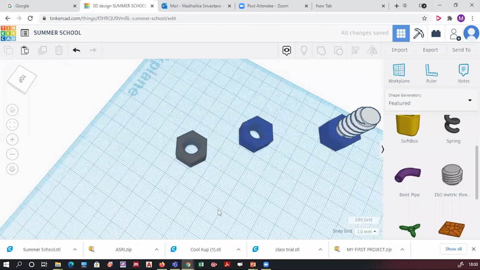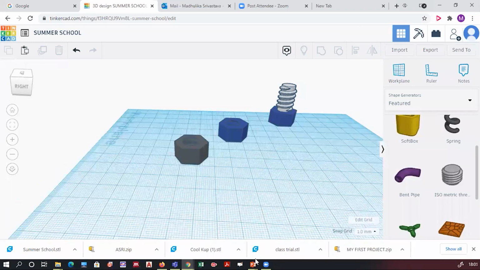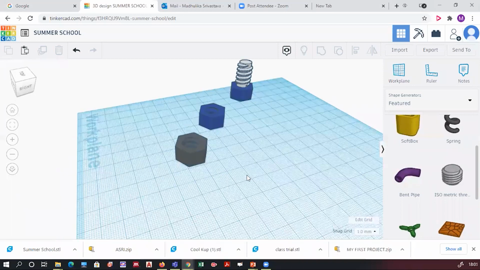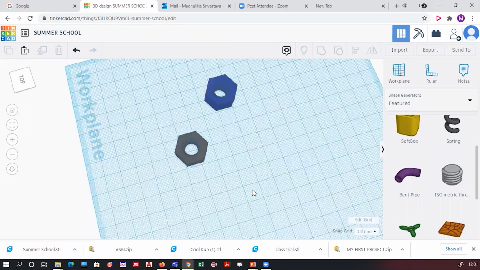If you have done this, some are saying I should take the spanner example and some are saying I should go with this. The spanner one will be done in the same way. I will discuss both, don't worry. So let's start a new project. Go to your Tinkercad dashboard again.